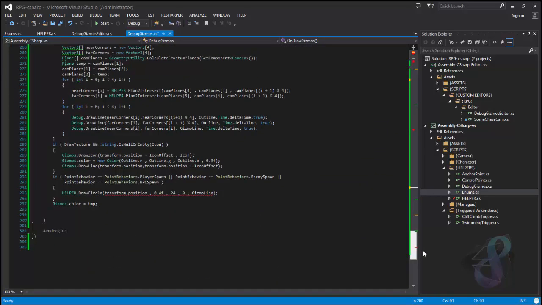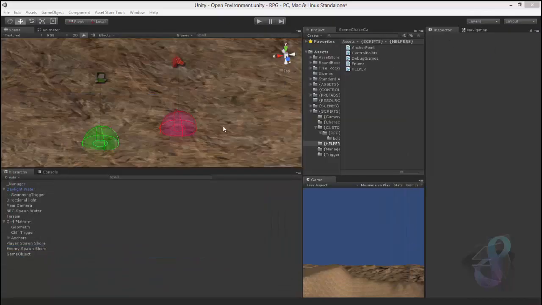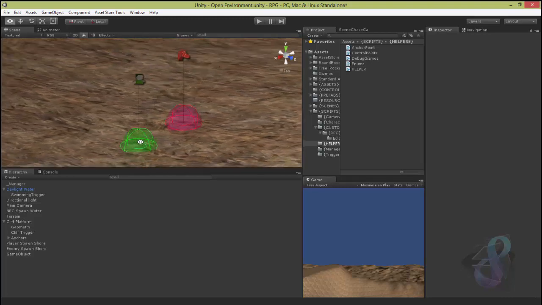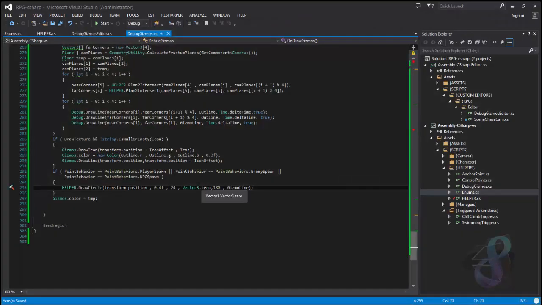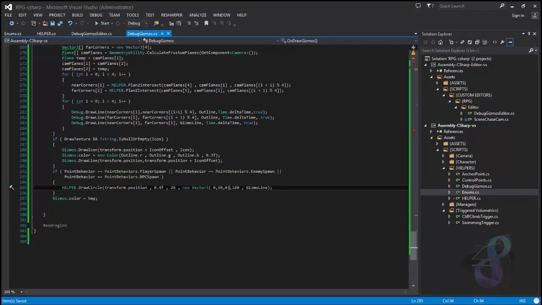another error is when I'm showing the stuff for the player spawners. So I need to add Vector3.zero and then 360. Now let's try 180 and see what we get. In here, we should get half a circle, there we go, instead of a full circle. Another thing is that if instead of Vector3.zero I add Vector3 0, 90, 0, now this half circle will rotate around the Y for 90 degrees, and here we go, it rotated 90 degrees. Okay, so this is how we will use this guy for drawing capsules. So back to Vector3.zero and 360. Okay,